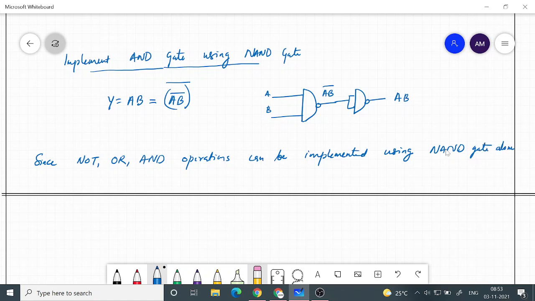We only used NAND gates, right? So we could implement all these three basic operations using only NAND gates. Therefore, it is a universal gate.